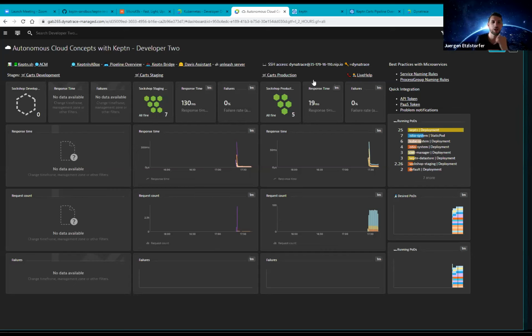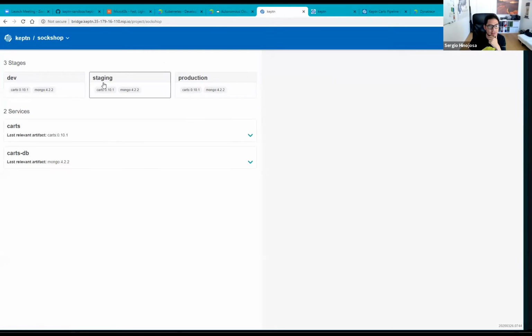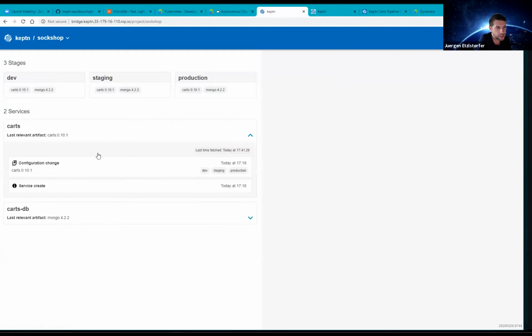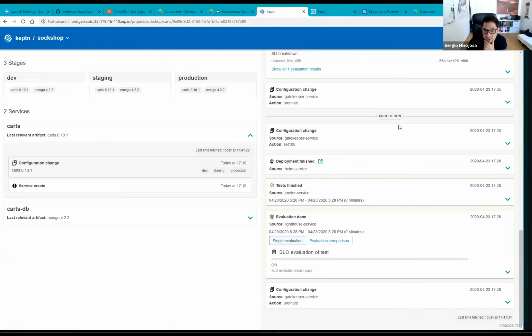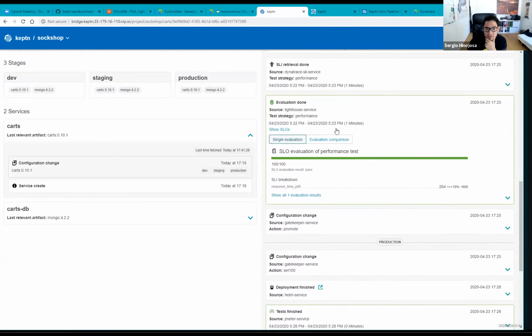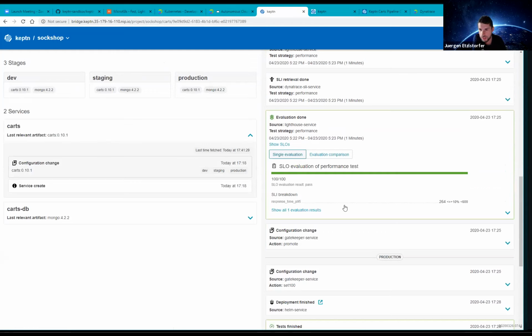Cool. And can we go to the Keptn's bridge once again? Yes. Please? So I click in. This is the bridge of the second one. Awesome. And just let's check how far we already deployed, because I think we're already running in production. Yeah, I think it's already done. Test finished, production. Right. So production, here is the evaluation, right? We already have a quality gate set up here, and we can see the response time was